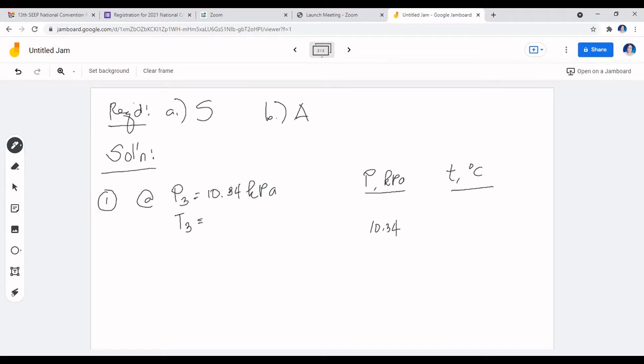So it's between, in my case, 9.593 and 12.349. The corresponding temperature for 12.349 is 50, and for 9.593, it's 45. So I'm looking for a temperature in between 45 and 50. In this case, there's a need for you to interpolate. So can you give me the answer for this? I gave you already the columns that you will be using. What's your T3?